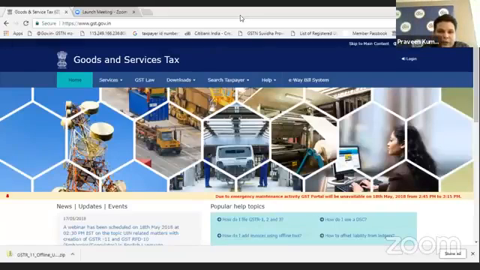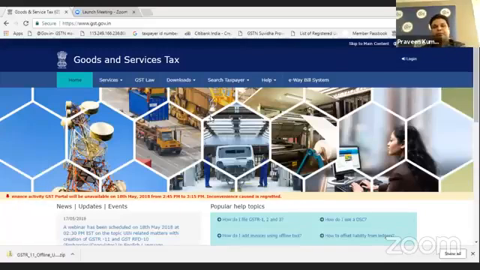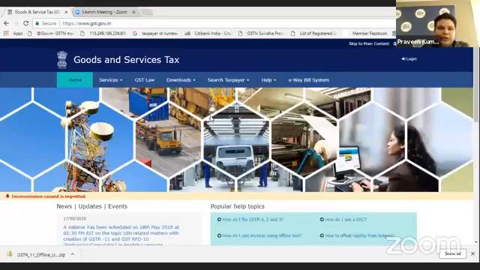Say hello all. I'll be taking you through the screen flow. Before that, I'll let you know where you can download the offline utility tool, and the basic precautions you have to take while doing the prep work of the JSON file creation that is to be uploaded onto the portal. This is the GST portal where we have to click on the download option, and under the download option, there will be an option of the GSTR 11 offline utility tool that is to be